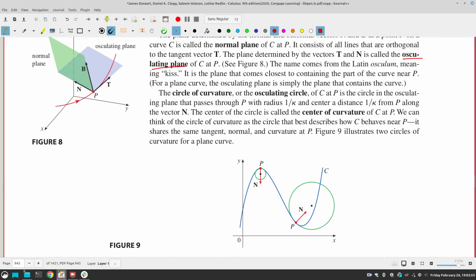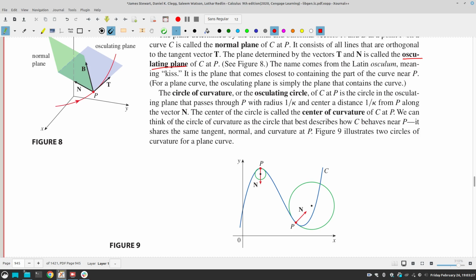Osculating plane. Now the circle of curvature, or the osculating circle, is a circle that passes through the point P. I'm sorry, it's not necessarily tangent to the curve, but it passes through the curve at that point P and has a radius of